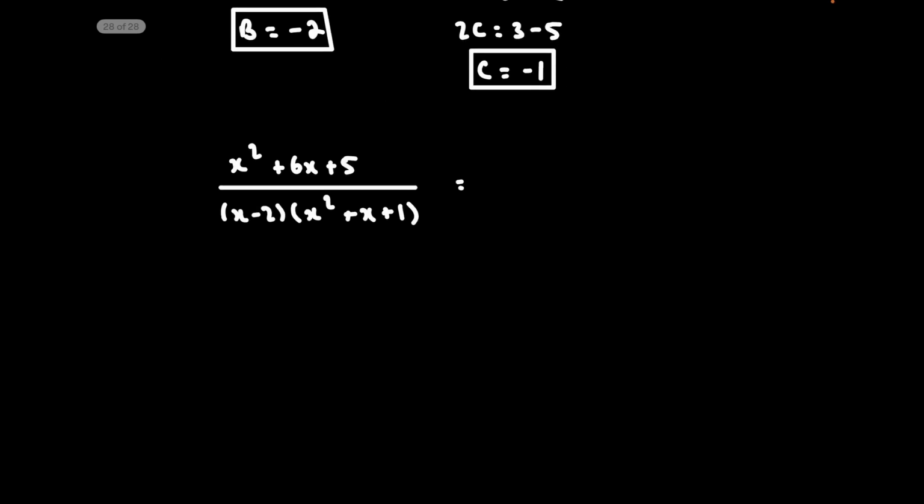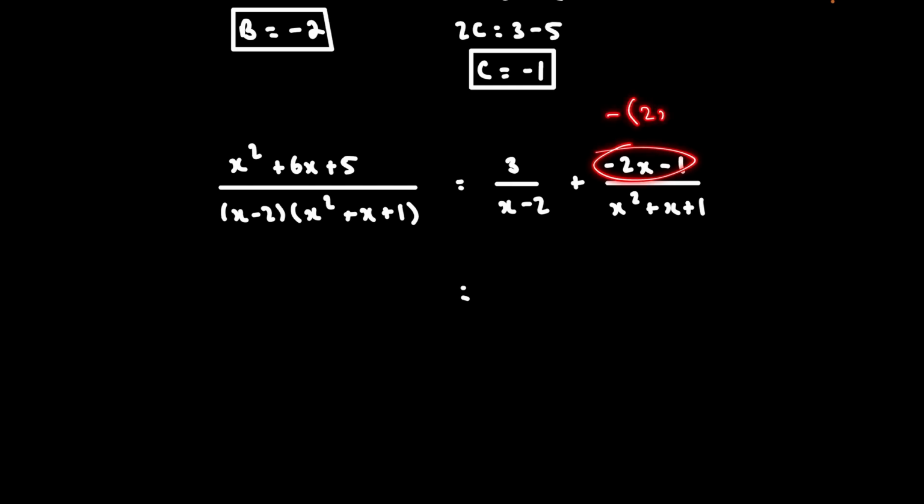So scrolling back down, I can say that it's equal to 3 over x take 2 plus minus 2x minus 1 divided by x squared plus x plus 1. And those of you who are astute will notice that I can just factorize the negative 1 here to get negative 2x plus 1, and that becomes plus negative, which is just minus. So I can say that's the same as 3 divided by x take 2